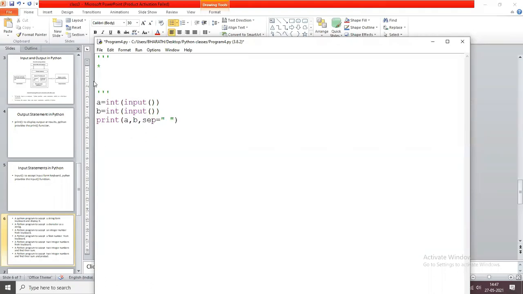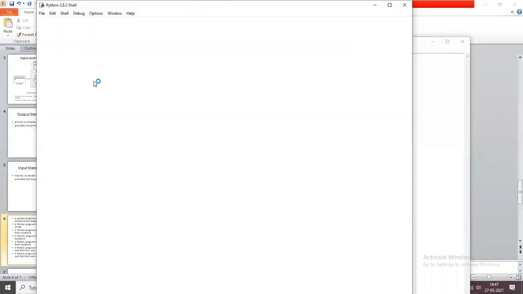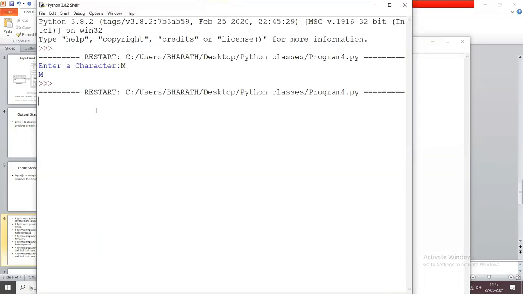For example, I give 10 20, it displays 10 20. Okay, very good.